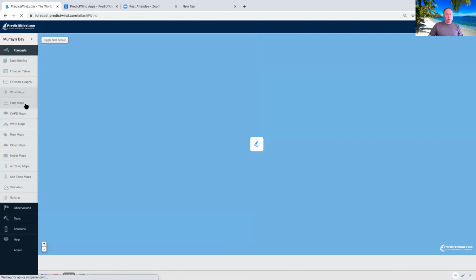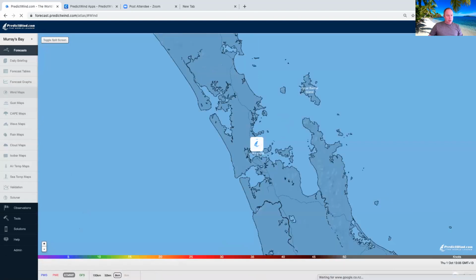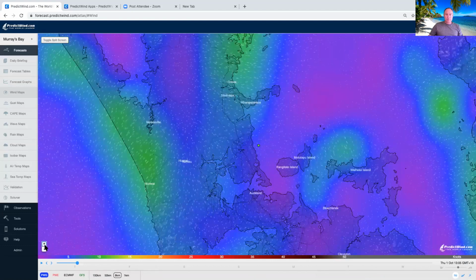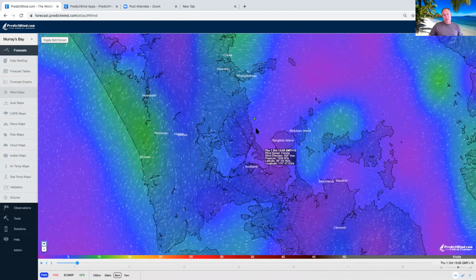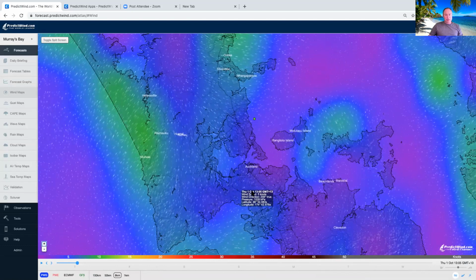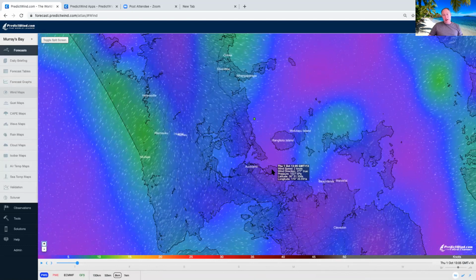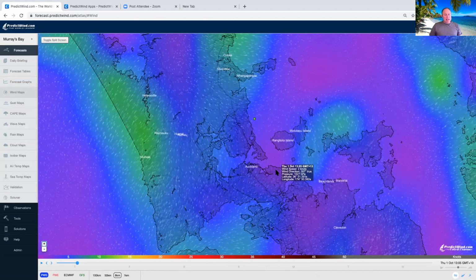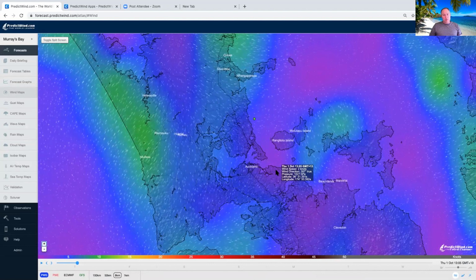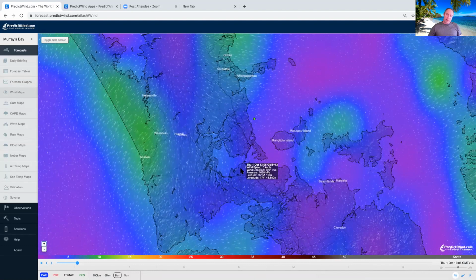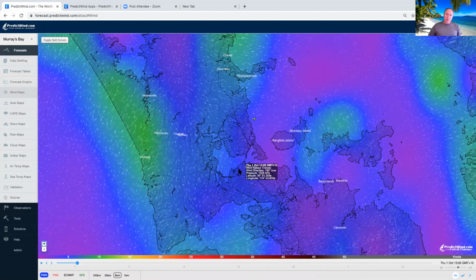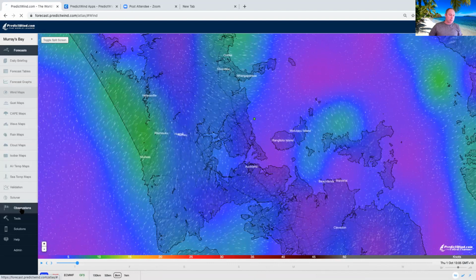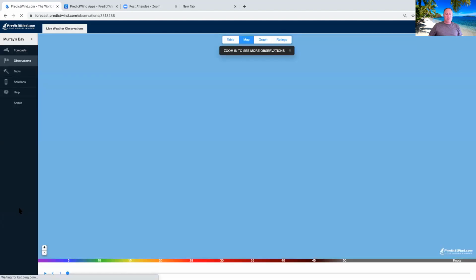So I can go onto the wind map there, and let's go to the PWG and zoom in. And so that's where they're sailing, but this is Auckland City. And the reason I'm going to do this is it's my backyard, but also we've got a lot of observations around here that we can talk about, and we have. Let's flick over to the observations and have a look, so we can talk about that a bit more. So we go to observations here,